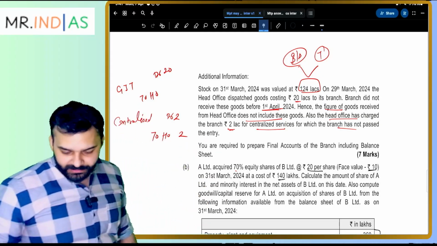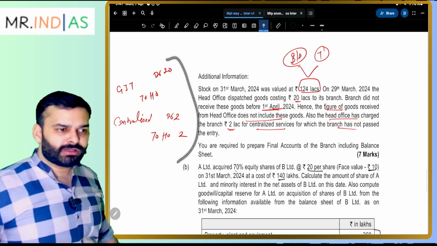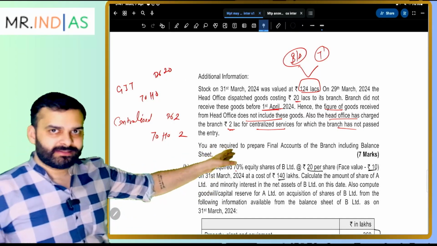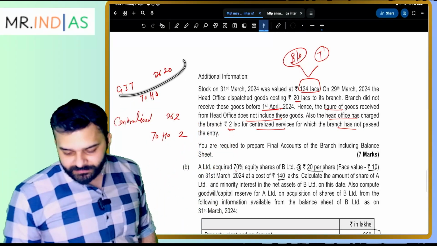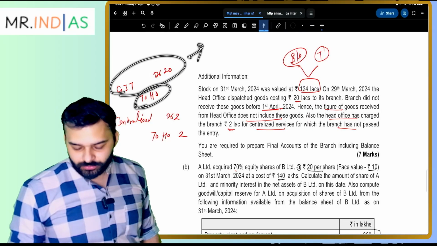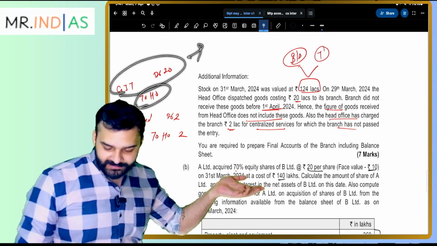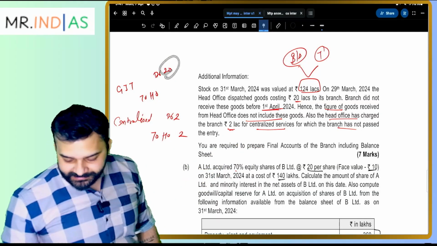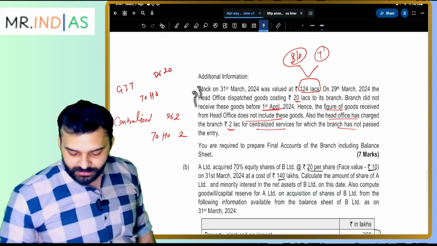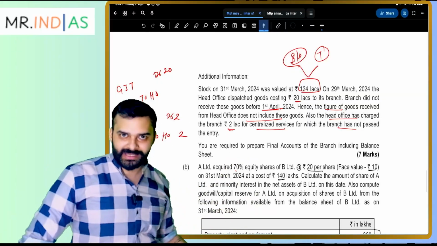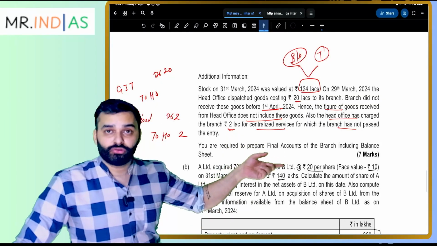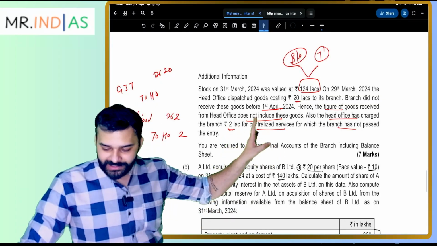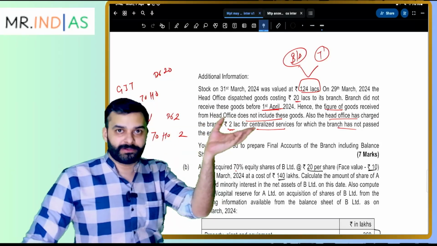So I was telling, these are the two entries that you are going to pass into your financial statement of branch. The GIT will come into the balance sheet part. HO will add to HO the amount of 160, so it will be 180 now, 160 plus 20. Centralized expense will transfer to the profit and loss account. HO will be added to HO balances, which is now 182: 160 plus 20 plus 2, 182 now, plus the profit that you have earned.